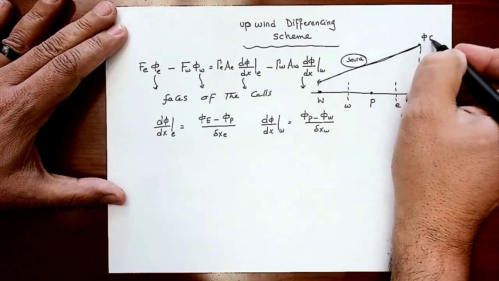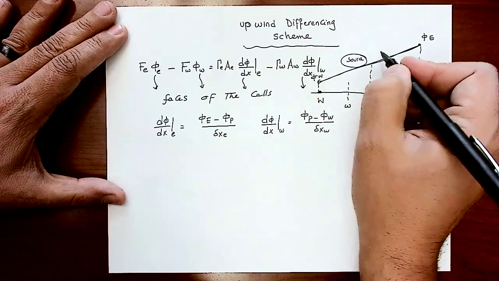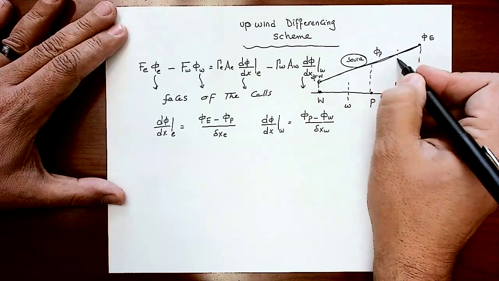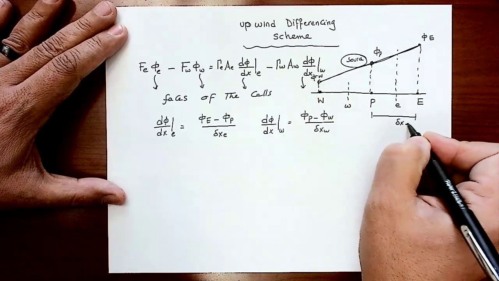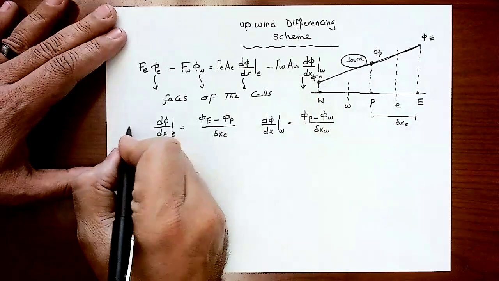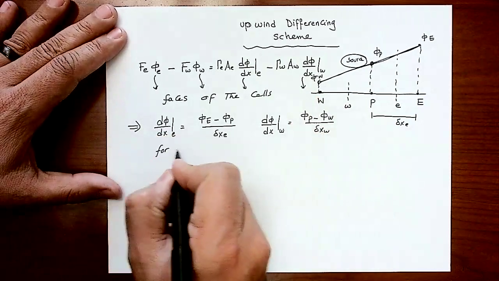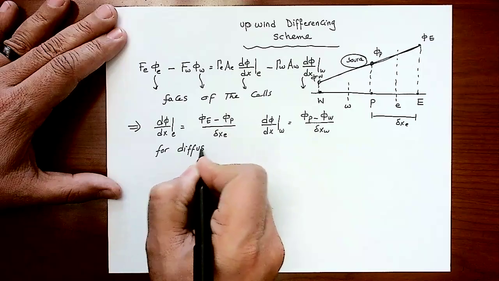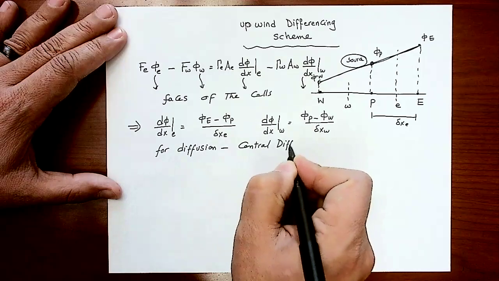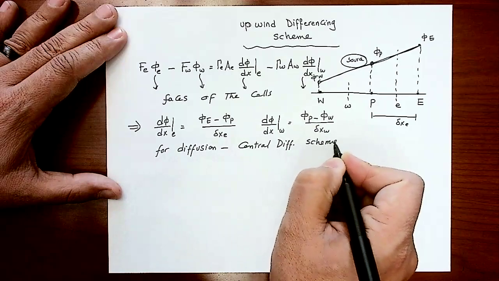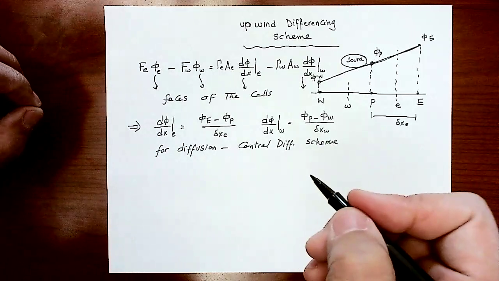So this is phi east, this is phi west, and this is phi p. So the slope at the face can be calculated by the difference here divided by delta x east and delta x west. Nothing changed with the diffusion. So we're going to stick to the central differencing scheme for diffusion. What we need to look for is a different scheme than the central differencing one